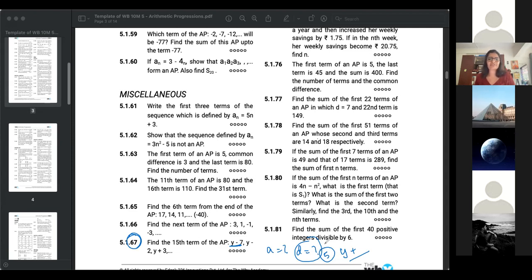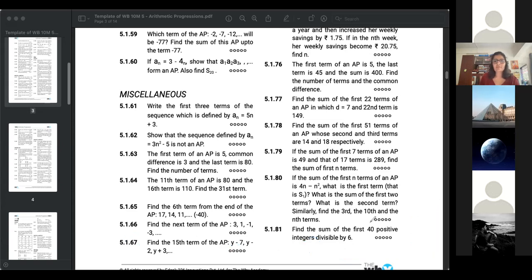Anirban, you also checked. I think you also did the same thing. So check. Puneet, AD and A15, you got it. So far, Dhruv, Aditya, Neki, and Mansi have answered. Elena, I think once you correct it, you'll get it. Anirban, you also. And that's it. Everybody's done then. Cool. So A will be y minus 7, D is equal to 5. So A15, you should get y plus 63 ideally. It's the answer you should get.